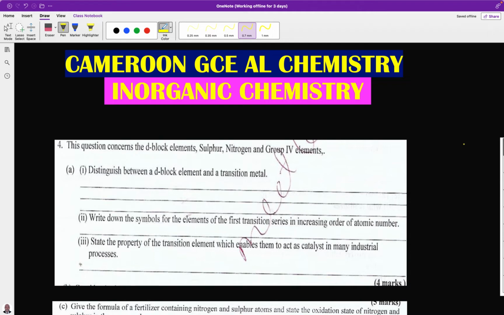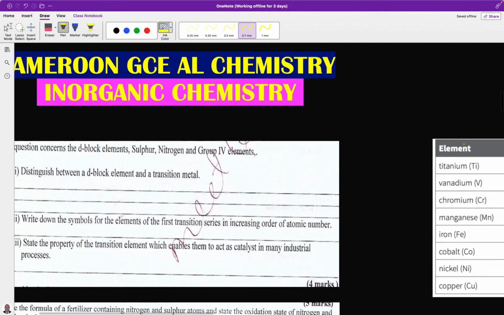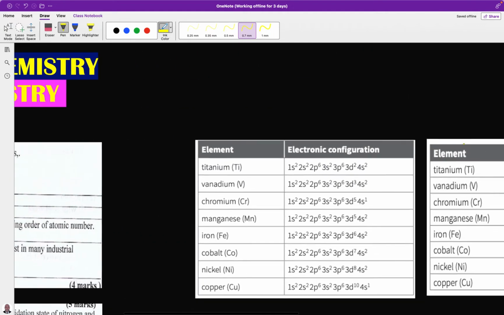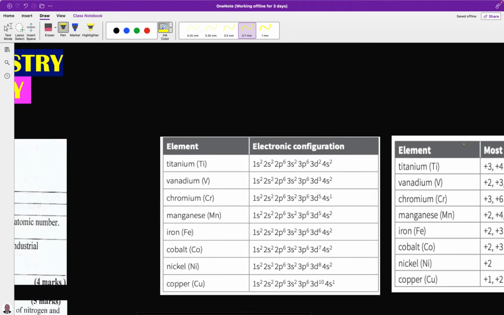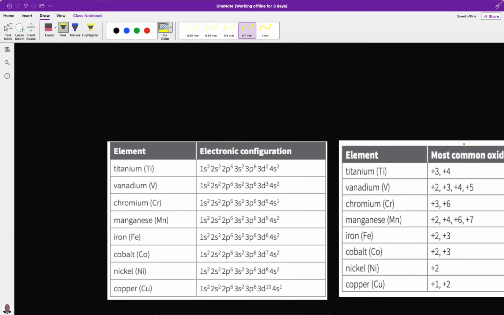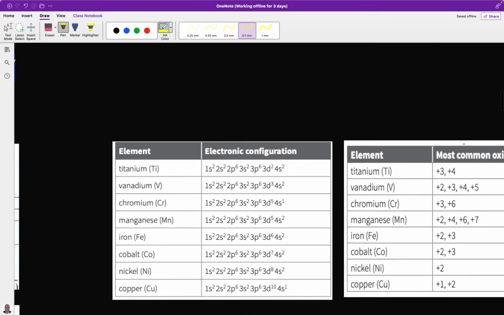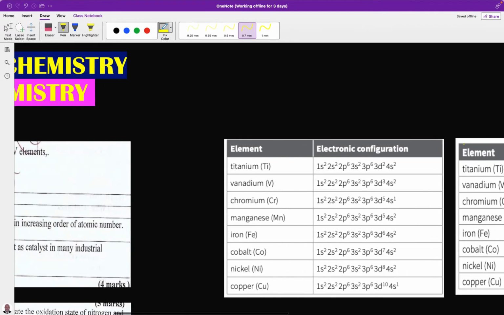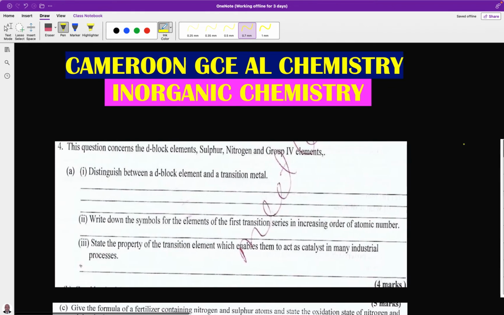Okay, if you look at it critically, a D block element and a transition metal, though all of them are within the D block, not all the D block elements are transition metals, because there is a specific difference which I want to give you on this. And the main difference between a D block element and a transition metal is that a transition metal